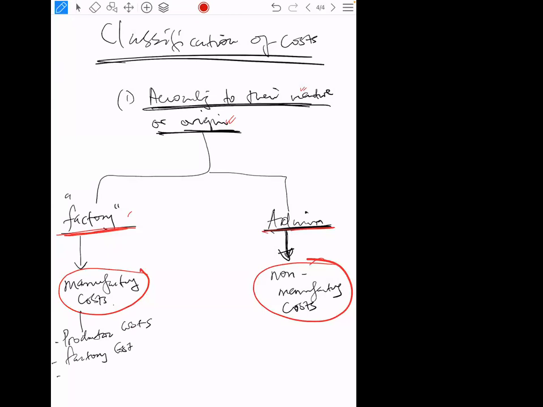Right. There is a further dichotomy of the manufacturing cost, right? The manufacturing cost can further be divided into